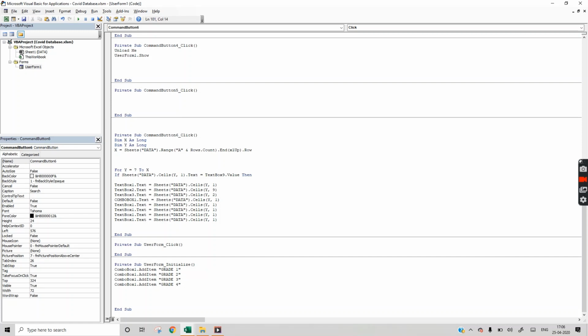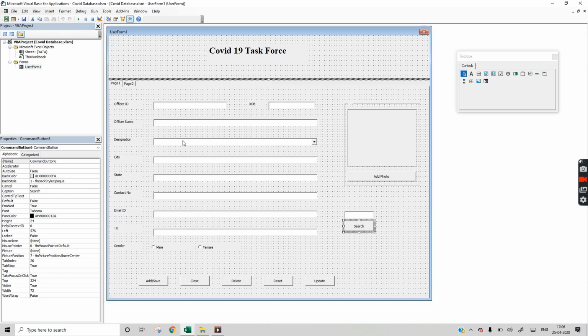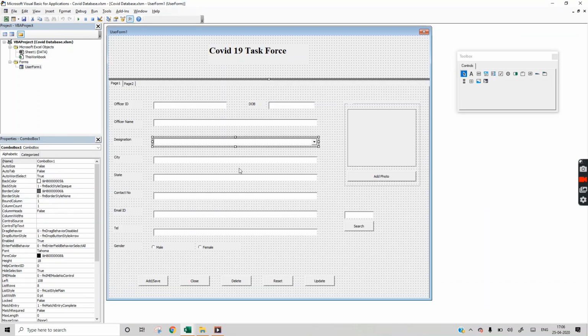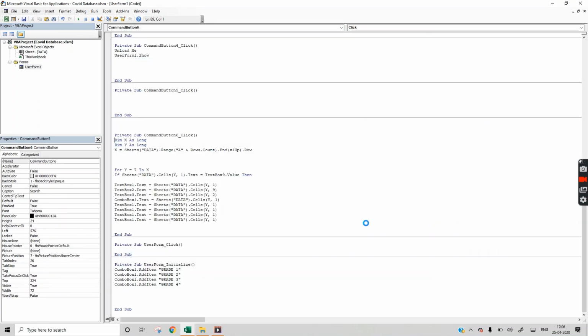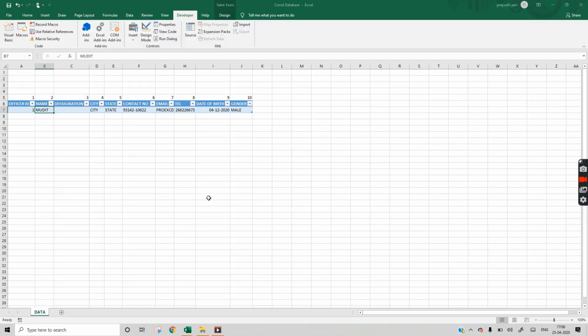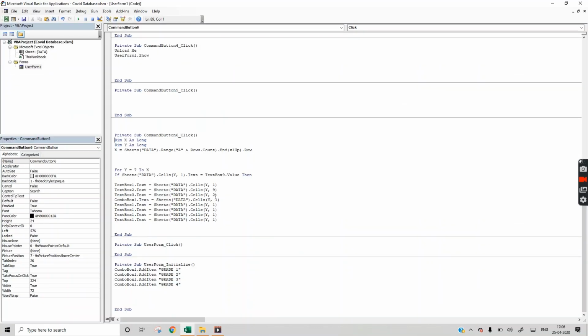It is combo box 1, not text box 3. This one, designation, combo box 1. So combo box 1 text is equal to 3, y, 3.